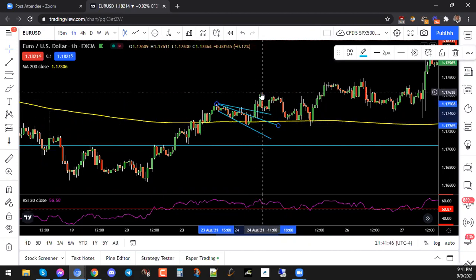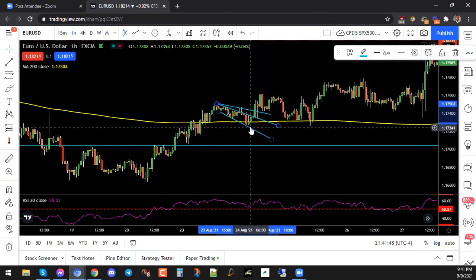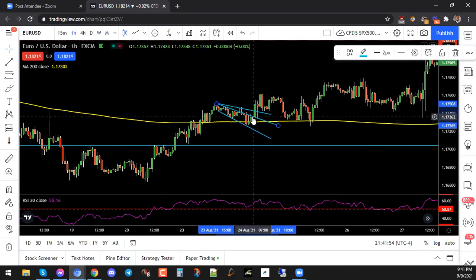This is the type of setup that if I had gotten involved with it, I would have closed my trade either here or here. One of these candles is where I would have closed my trade to the upside because I would be thinking that there is a possibility that price may not be breaking out and this pattern could be continuing to the